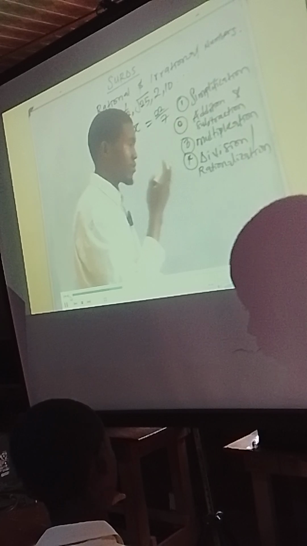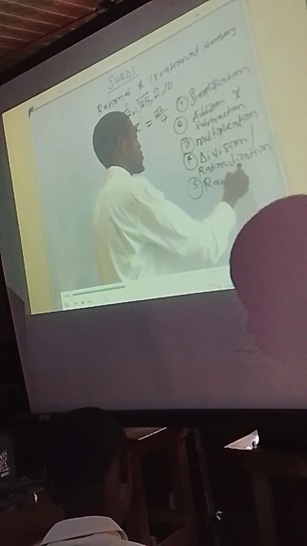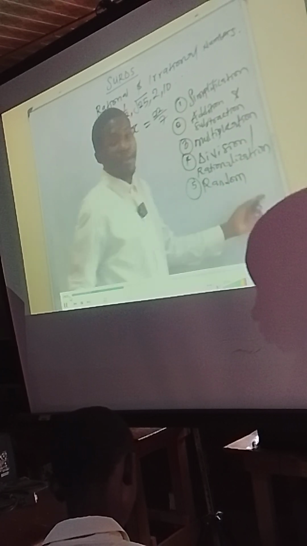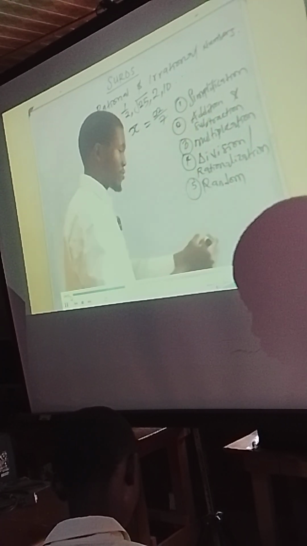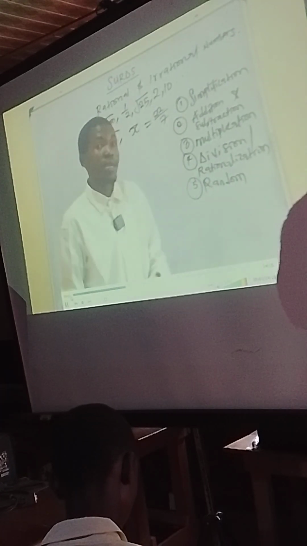So it is in the rationalization that we're going to do a lot of work. Then the fifth one will take random examples on surds. Then we're also going to, in this very class, cover WAEC questions and JAMB questions on surds, so that when you see the question in your external exams, you can be able to answer it quickly. Alright, now let's go to the